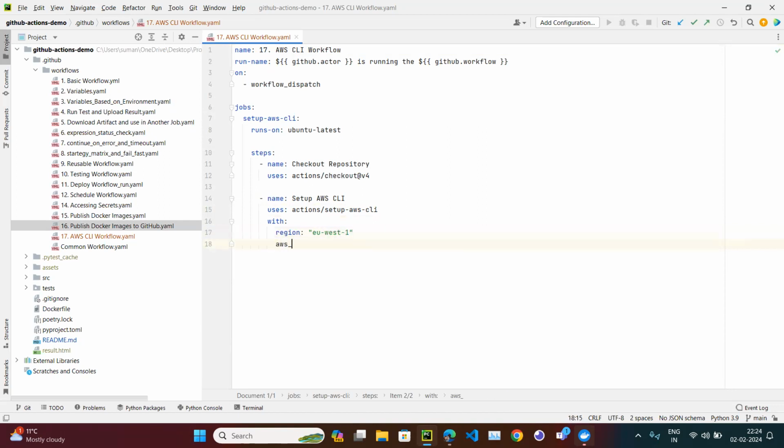Then I need to mention AWS access key, then AWS secret access key. Because these are our secrets, I can access them from